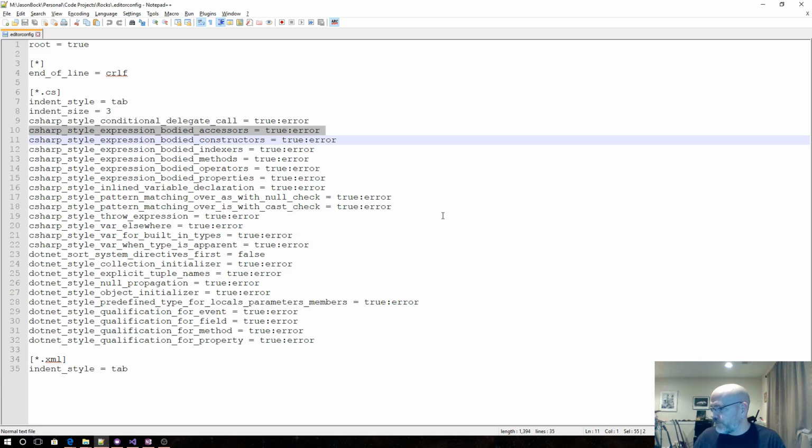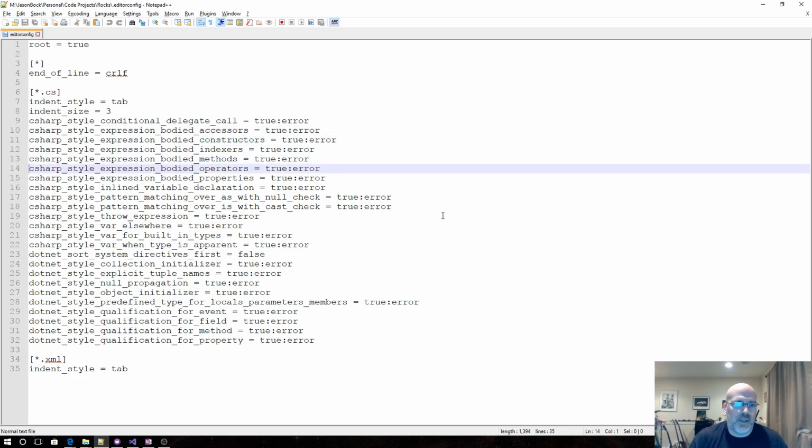So the point with this file is that it can really enforce a lot of formatting and styles in your code. And I want to be very clear on this, that this is really focusing on the things that if you didn't have these in place, pick one or the other. And it's really a convention. It's really a preference. For example, I like